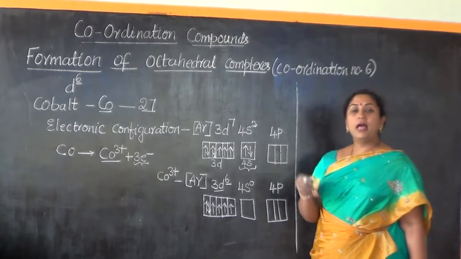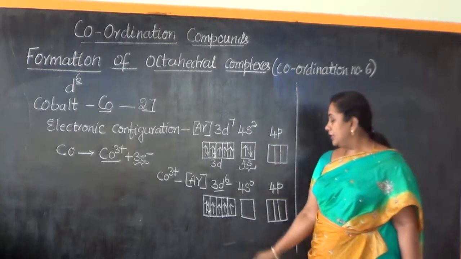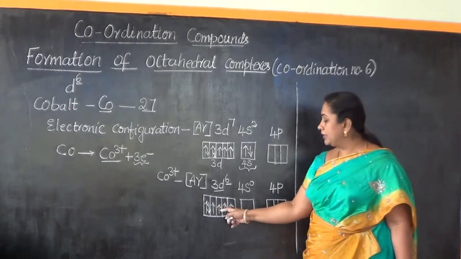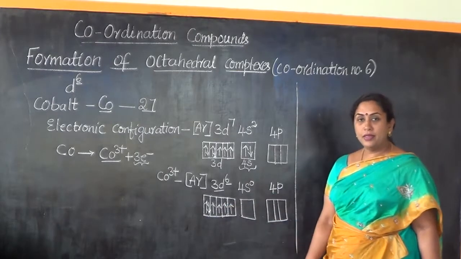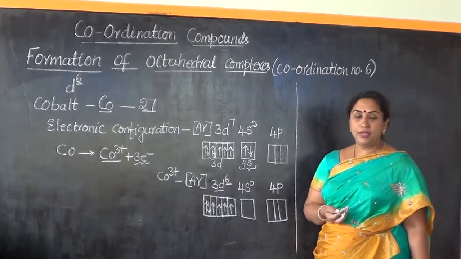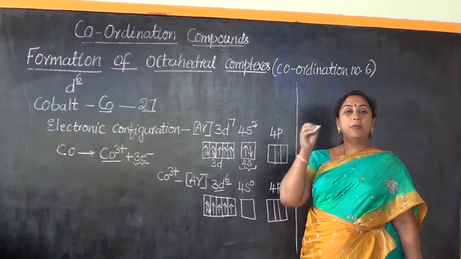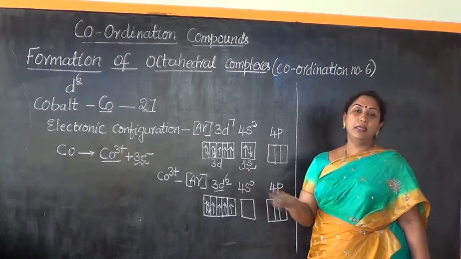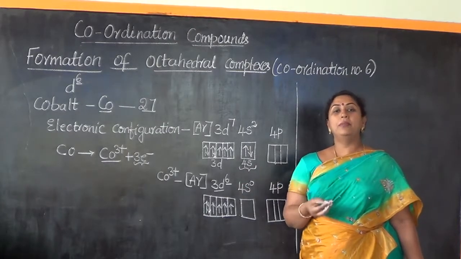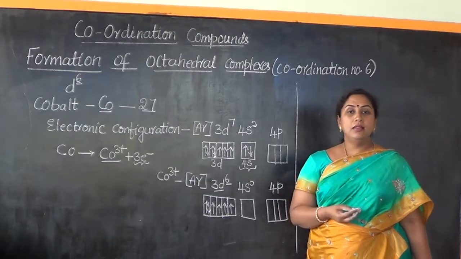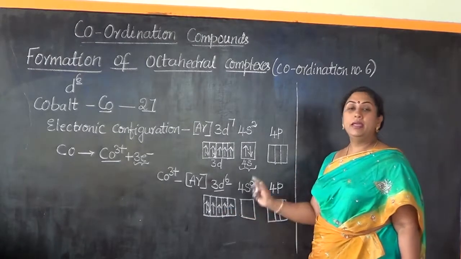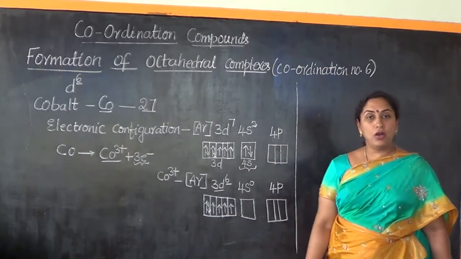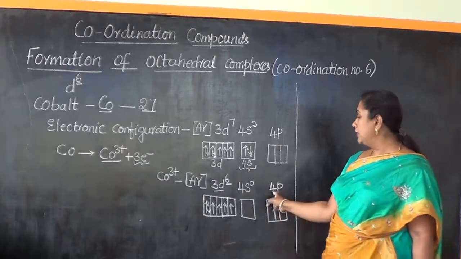Now, if the approaching ligand is stronger, it will make these 2 unpaired electrons of the d orbital undergo pairing with these 2 d orbitals. Therefore, the configuration will be different. In case the approaching ligand is a weak ligand, if it possesses less bonding energy, then it cannot force the pairing of the d electrons. Then these d electrons will remain untouched as they are, and it will take up the participation of the d orbitals belonging to the valence shell.